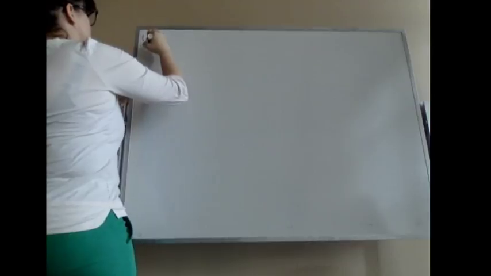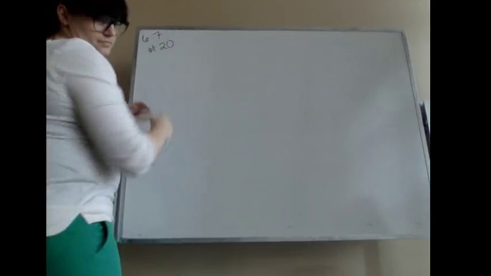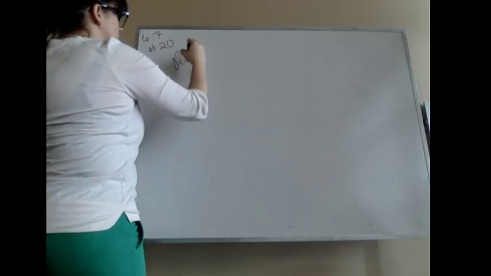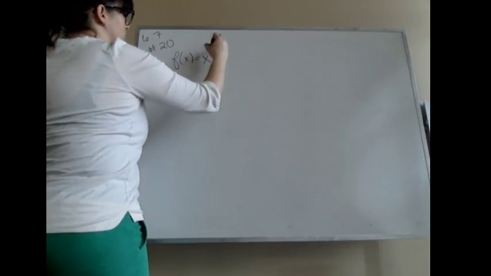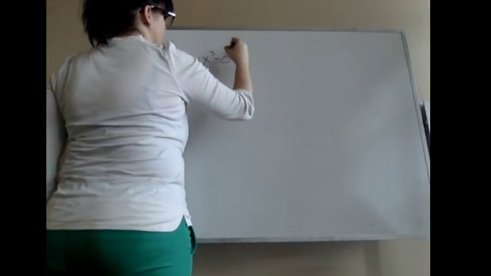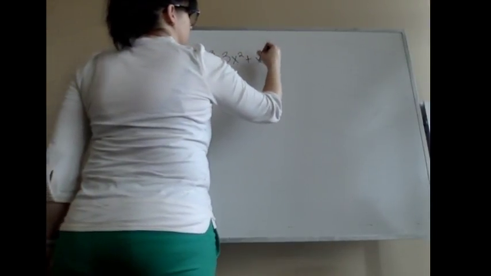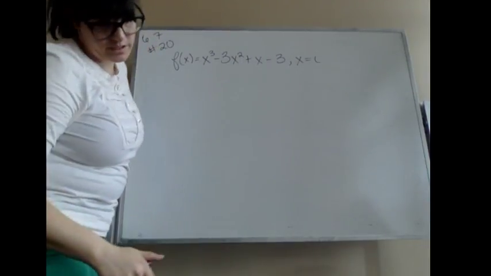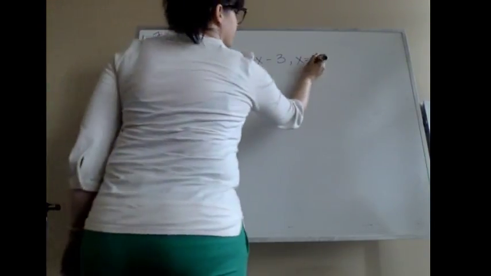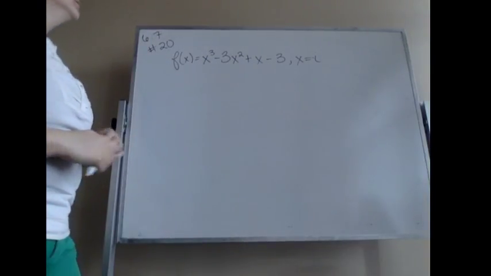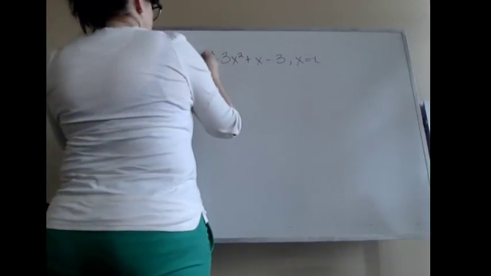6, 7, number 20. f of x equals x cubed minus 3x plus x minus 3. I'm testing x equals negative i. Okay, so